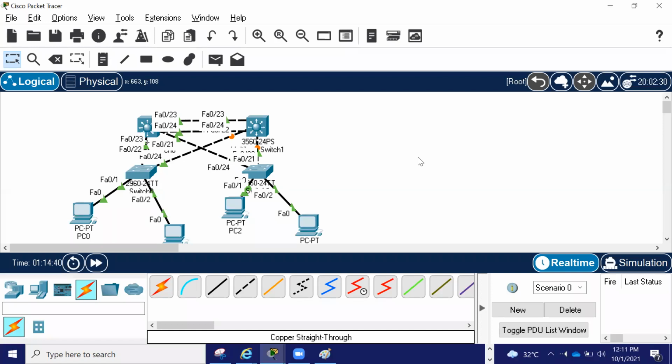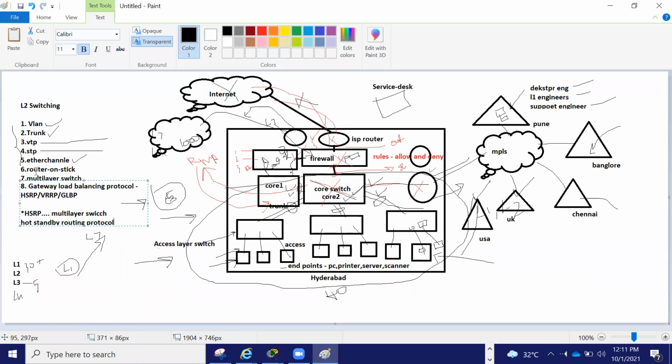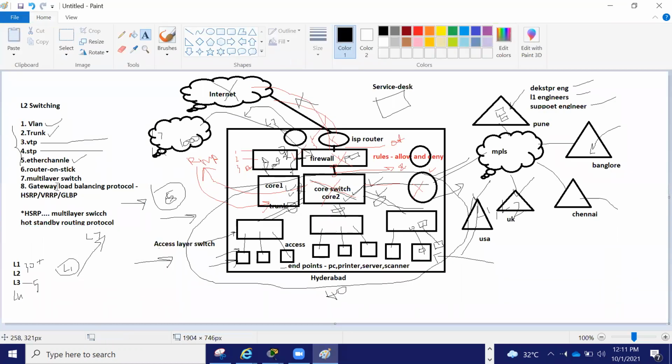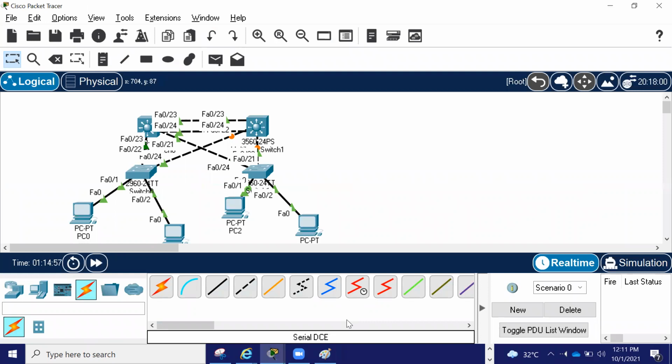So guys, in this lab we have seen a lot of things. In the same lab you can do the EtherChannel, the spanning tree labs, the VTP. In one lab you are doing all the switching technologies, all 7-8 chapters we have seen here. We have VLAN, trunk, VTP, STP, EtherChannel, router on a stick, then instead of router use a multilayer switch, then gateway load balancing. A complete network.